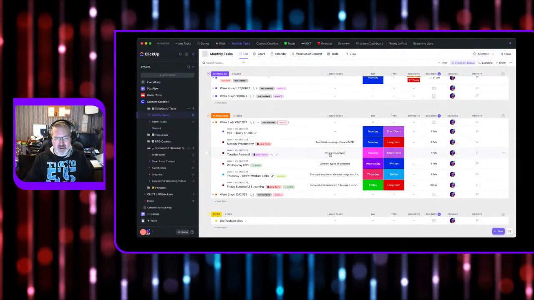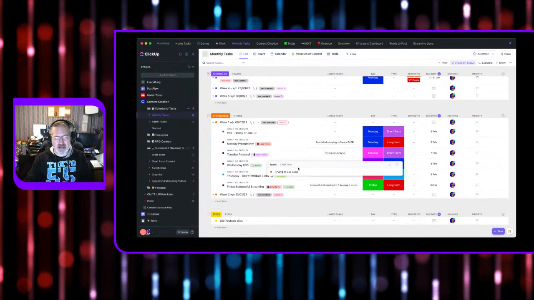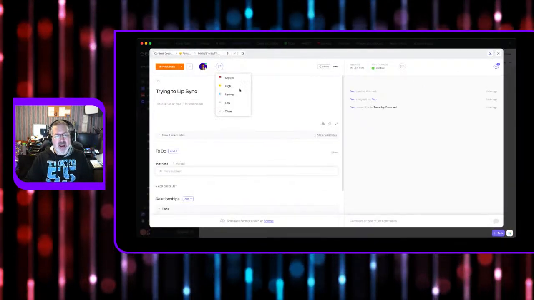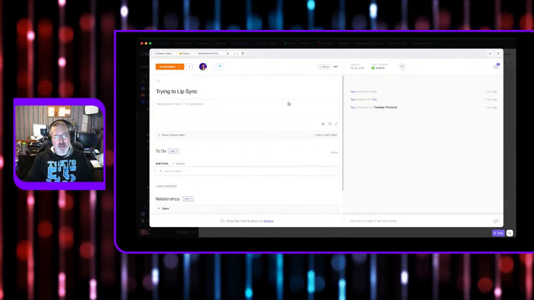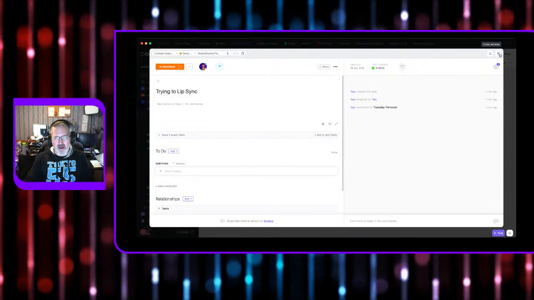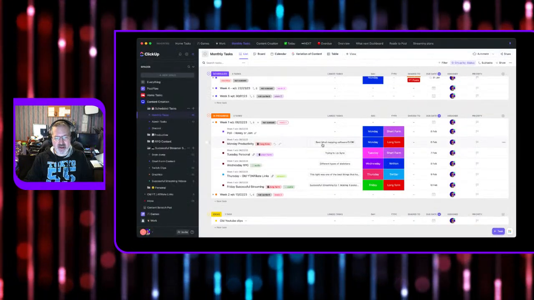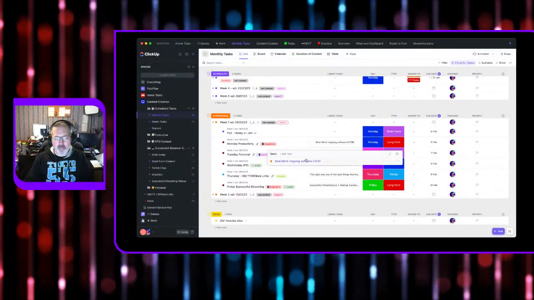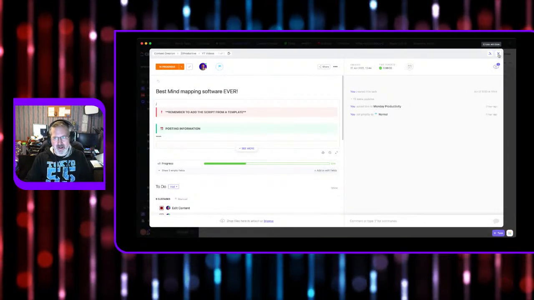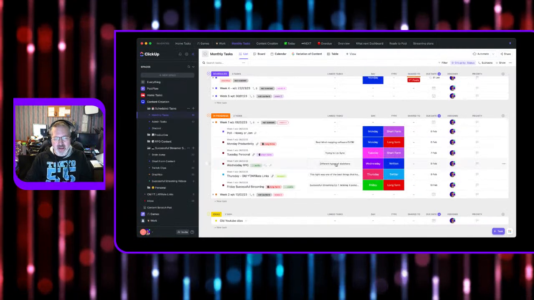What I also do here is that, say this one, I actually put this on a blue flag because this is what I need to do. So if I go into this one, you will notice that it's already got its blue flag in it.